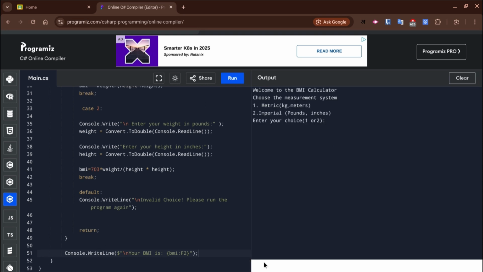Yeah. So now I'm gonna use if and else to create the BMI category. So you might know that if the BMI is less than 18.5, the category is underweight. If it's less than 25, it's normal weight. If it's less than 30, it's overweight. Or else it's obese. So we are gonna create that. First I'm gonna write if BMI is